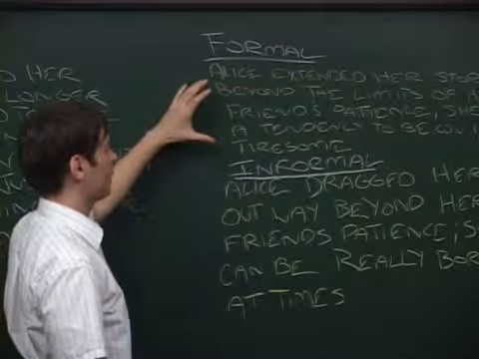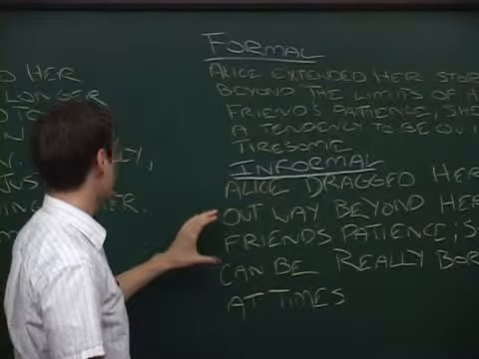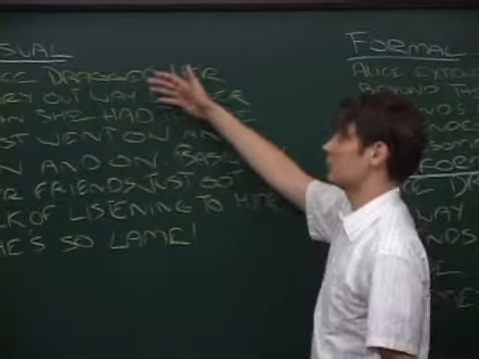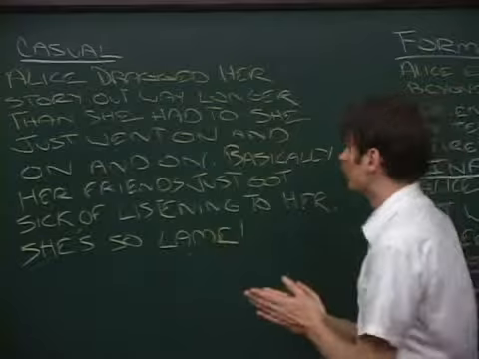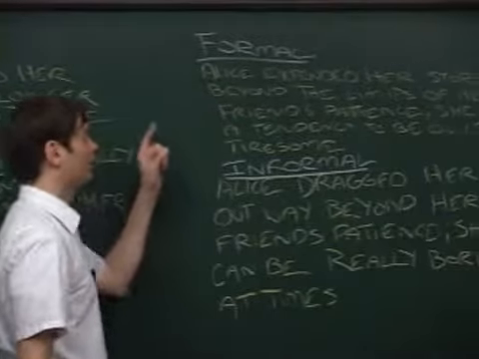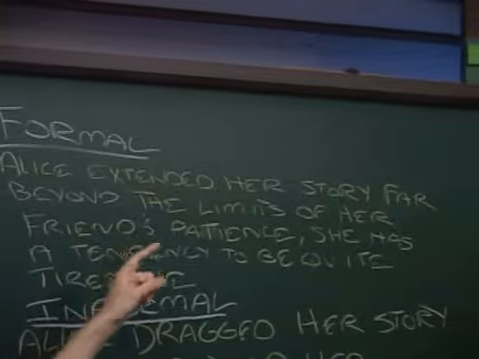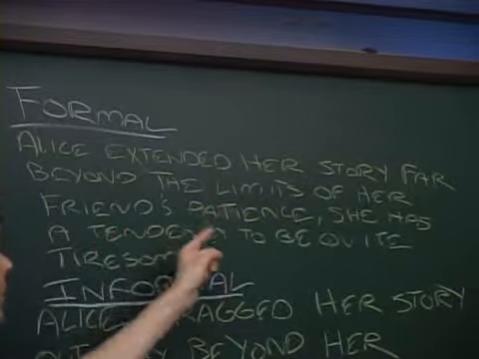The first sentence is in formal language. The second one has the same meaning, but it's more informal language. And then our third one is same meaning again, but now we're using casual language. So let's start with the formal one. So it says, Alice extended her story far beyond the limits of her friend's patience;